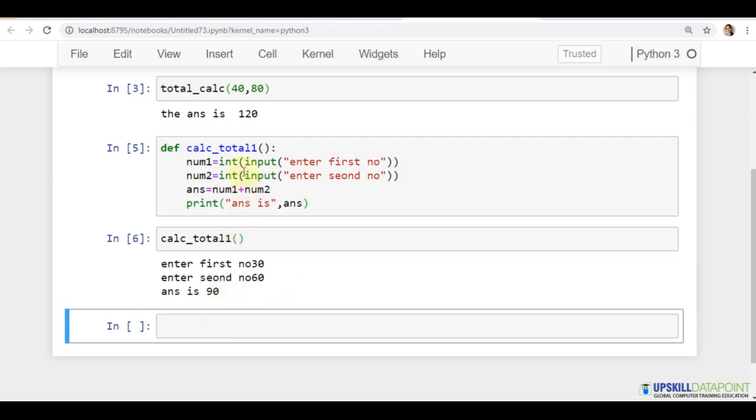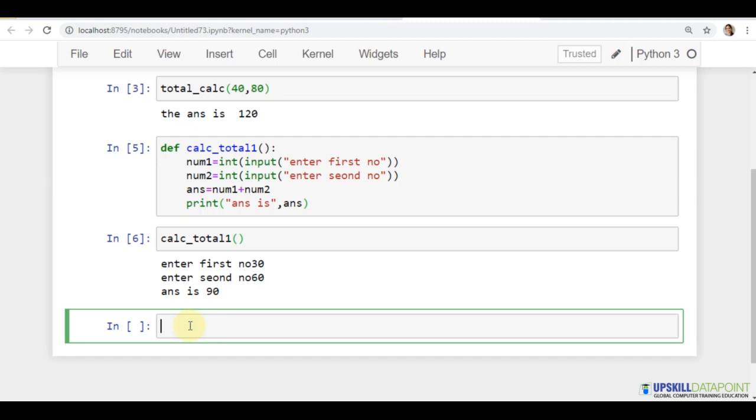What if I had not done typecasting here? You can check it out yourself, but I can give you the answer right now. If you don't do typecasting and convert this to an integer, it's going to be a string. Even this will be a string. So if we had taken 30 and then 60, it's basically going to join them, concatenate them, because two strings are always joined, they are not added. Because I didn't want that to happen, I did the typecasting here and converted it into an integer value. So I'm getting a numeric output here.